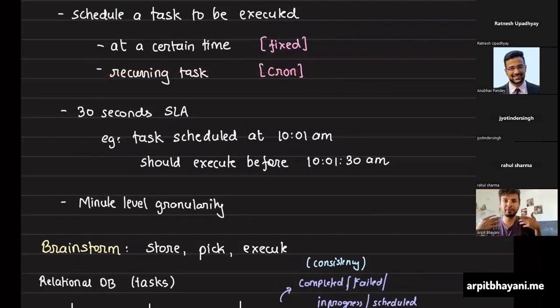So the thing is, if you look carefully, a recurring task is actually just a one-time task executed multiple times. Correct? So which means if you ensure your SLA for a one-time task, it becomes easier for you to extend your system to support a recurring task. So that is why solving one problem really well and then building a solution on top of it to support recurring is easy. Okay, got it.